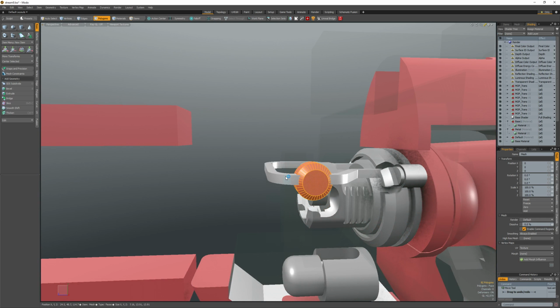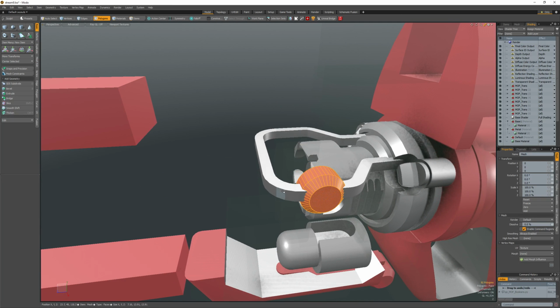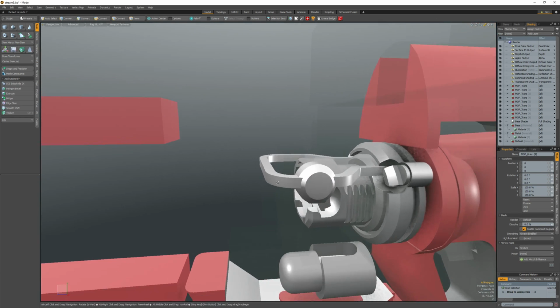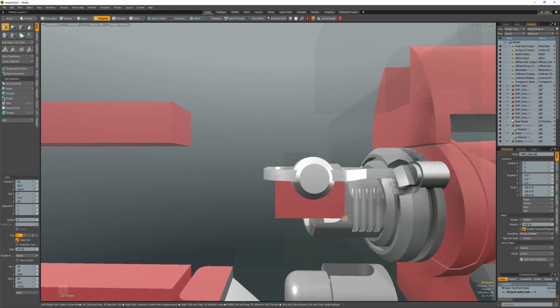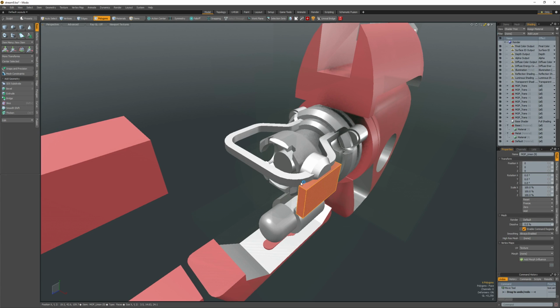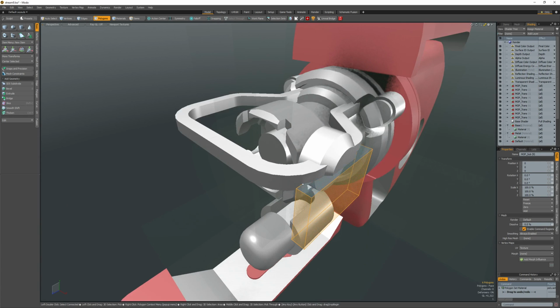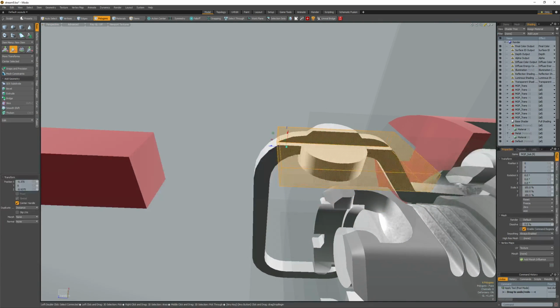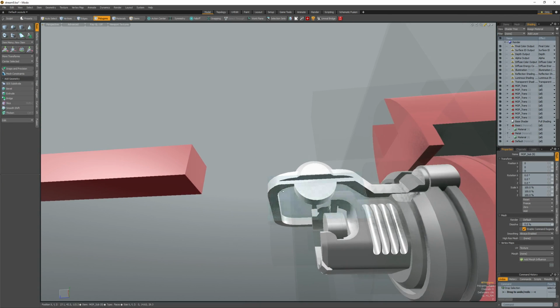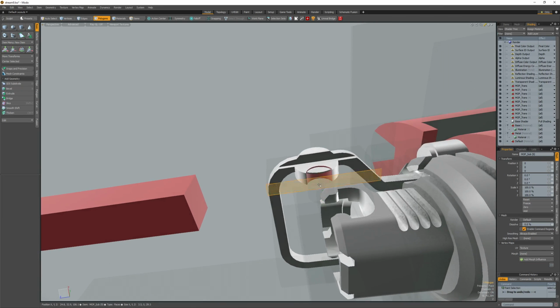Because it's so easy to set them up, I just make booleans out of everything. So now I can just go in and play around. It's like, yeah, this is pretty cool. But I also want